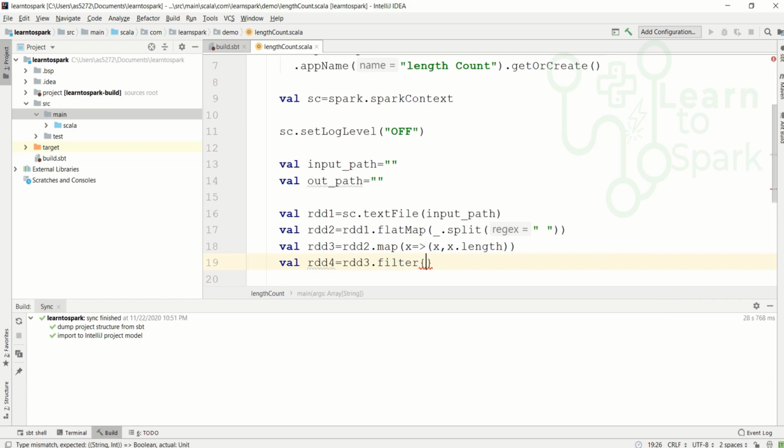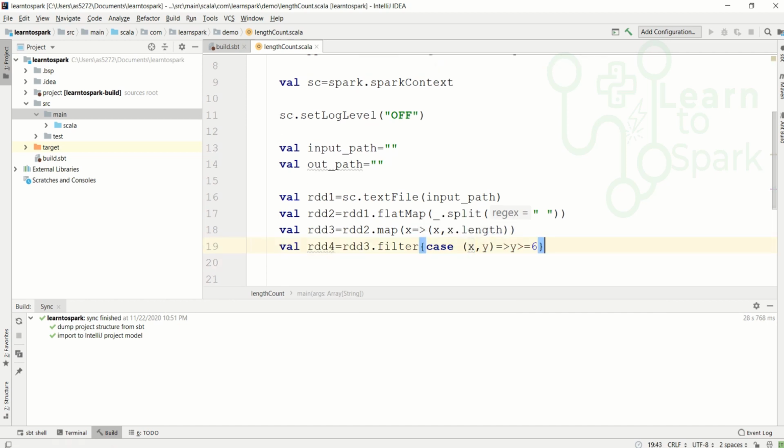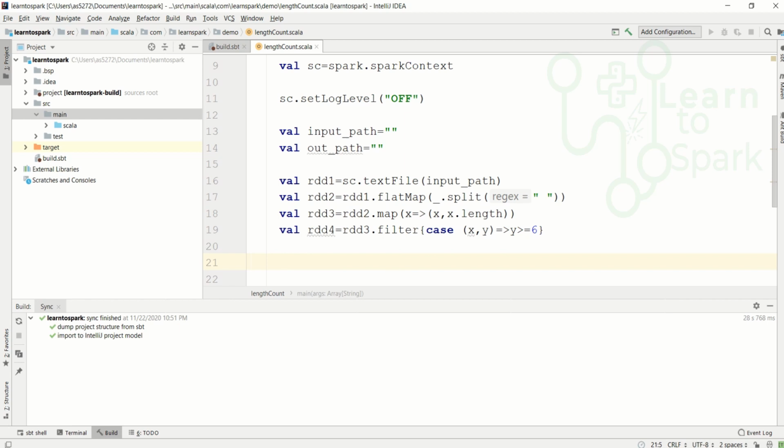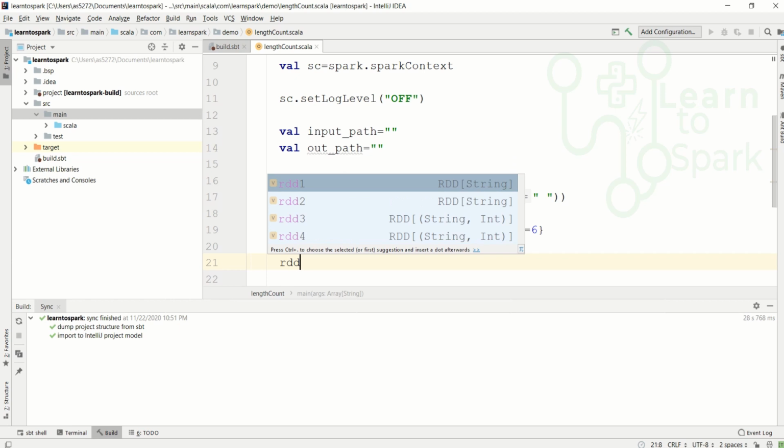For that, I am giving a case (x, y), and we have to say y should be greater than or equal to 6. It should be within a bracket. Yeah. So let us print the RDD4. RDD4 is the required output that we are looking for. So let us print it.